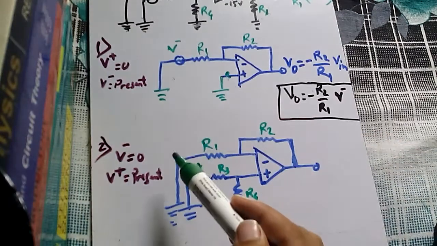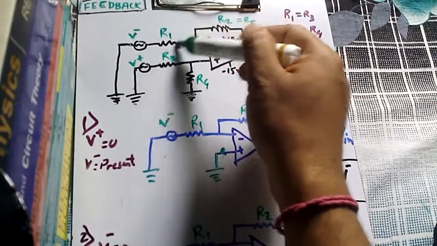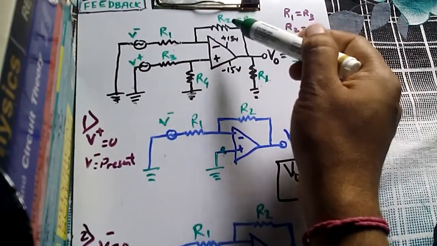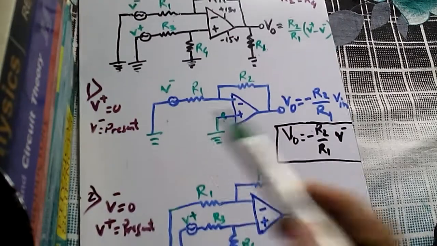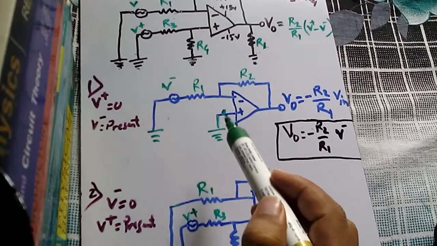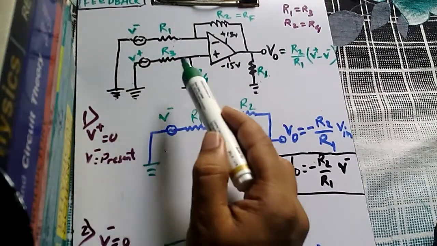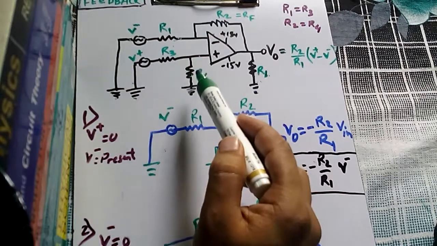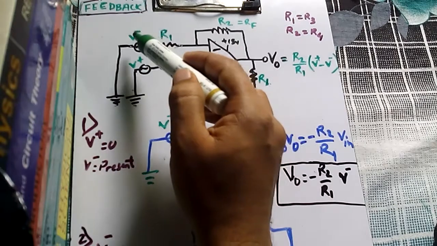But now I have eliminated the V minus, and these resistances are not insignificant. I have to write them down. Earlier I eliminated this V plus, but there was no other voltage supply to these resistances, and that is why they were insignificant. But when I eliminate this V minus,